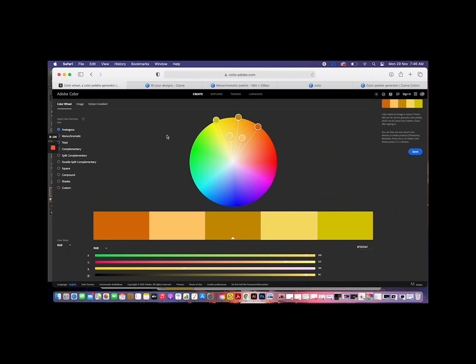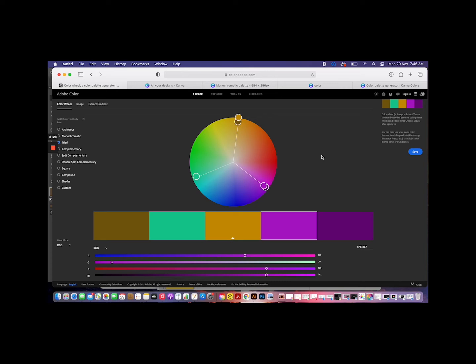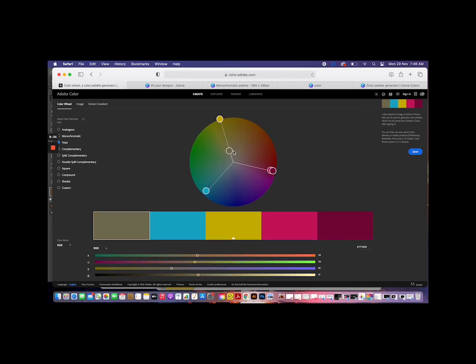Now when we go back here, what we can see is something called a triad. How are triads interesting? If you remember, we can actually play with our main colors over here.